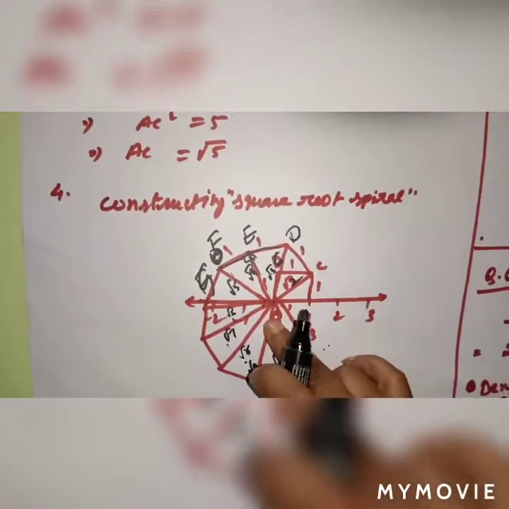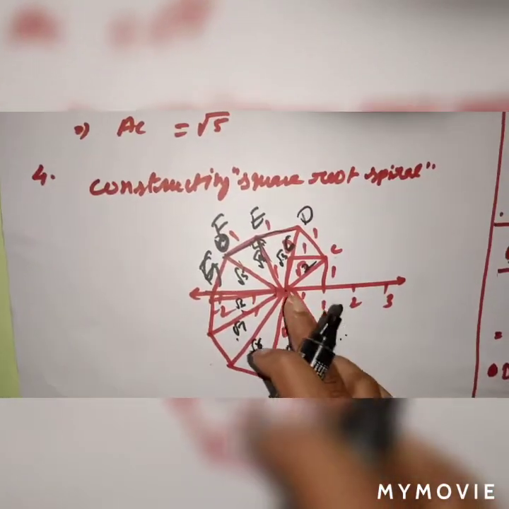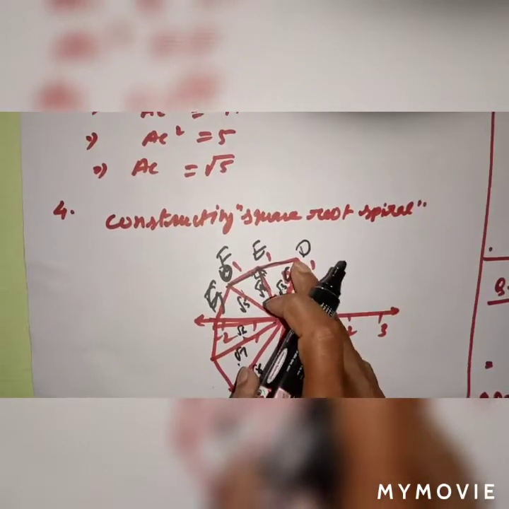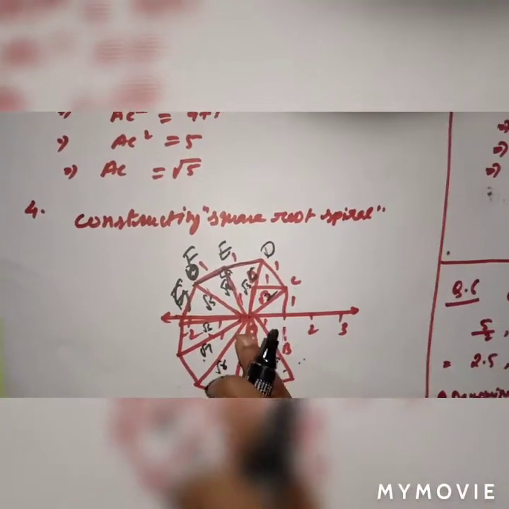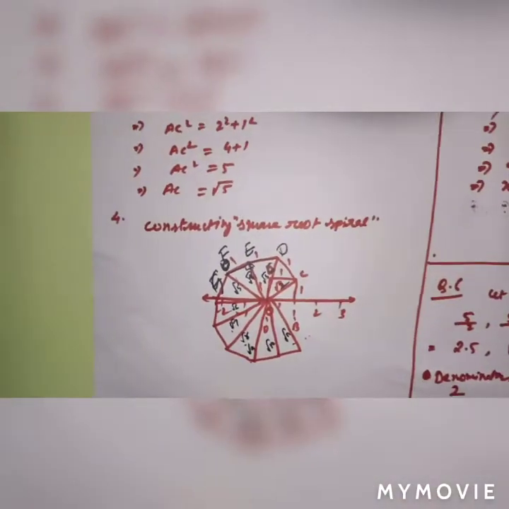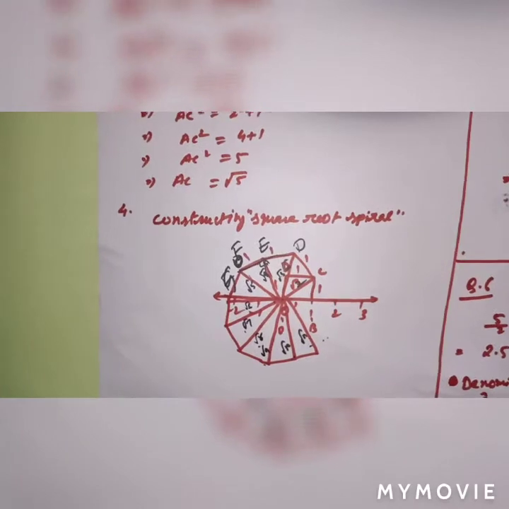Okay, if you understood this one, I repeat one more. First you draw a square, then a perpendicular. For each perpendicular, after drawing the perpendicular, you have to join with O. So I hope all of you understood. Now you can do the homework. So you have to submit question number 4, the activity.